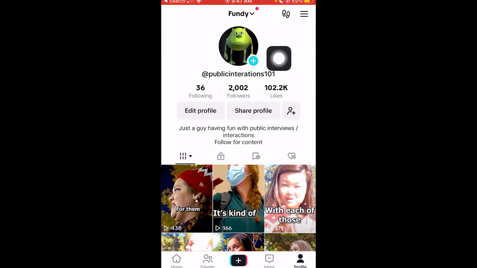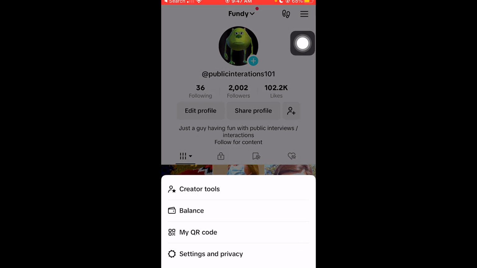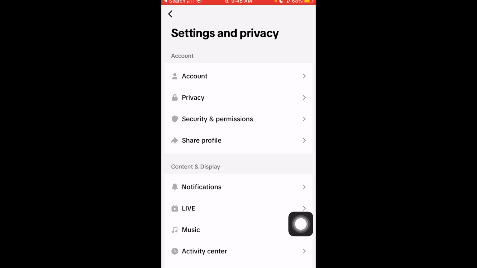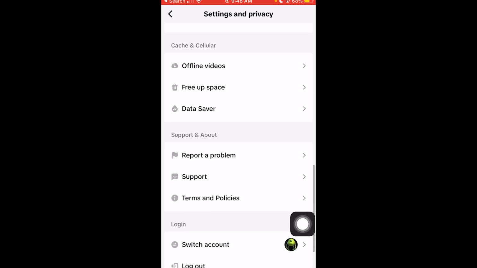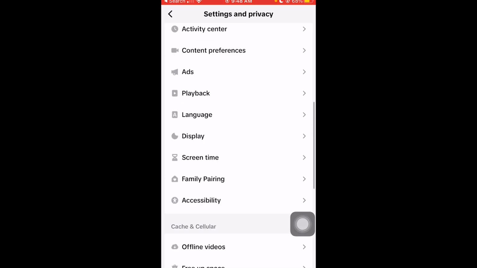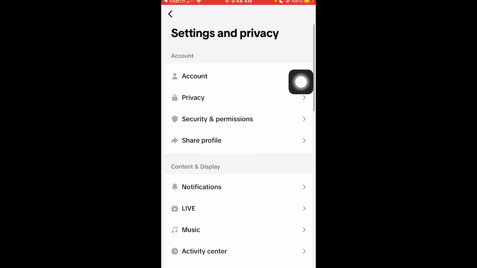But if you don't have this icon on the top right hand screen, don't worry, I got you. Right next to the top right hand screen right here, you want to click this icon with the 3 lines and then click the 4th option, which is below my QR code, settings and privacy. And now basically if you were to scroll down and then we are going to scroll back up, there's a list of different options in TikTok, but we want to click the second option below account and above security and